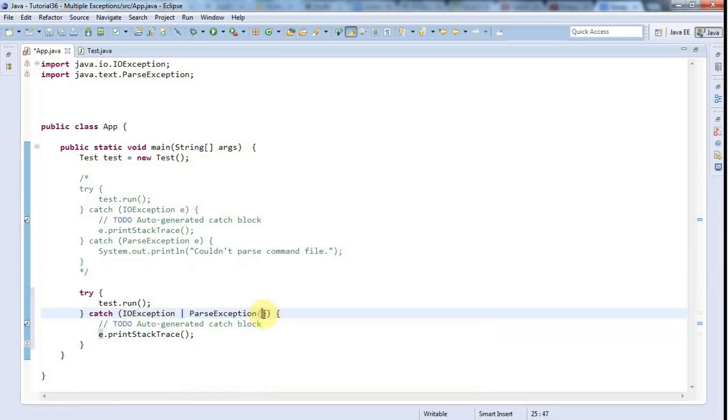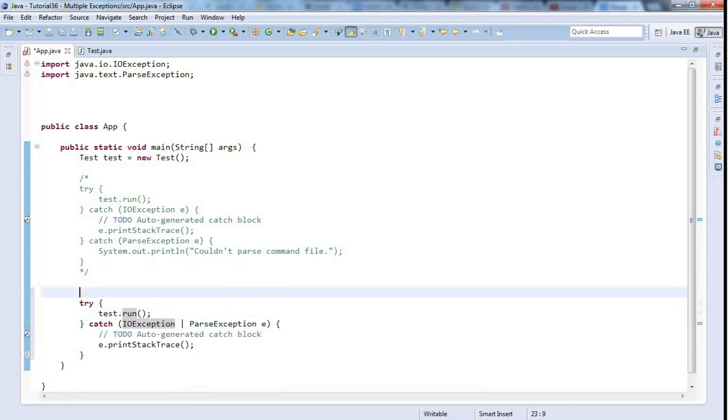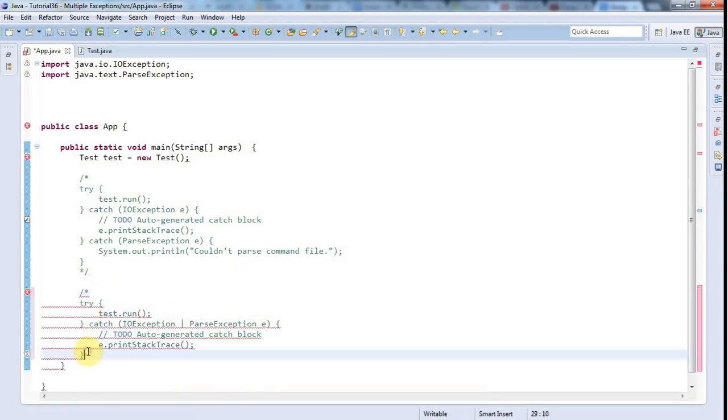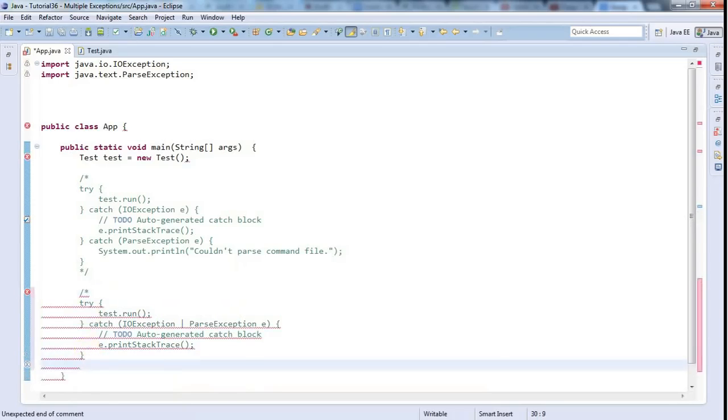And there's the actual variable, which is the actual exception that we could use if we want to print a stack trace or get the error message from the exception. So this can handle multiple exceptions in one catch block, and that's the try multicatch. There is something else you can do, however, because let's just close that. Let's say test.run again,